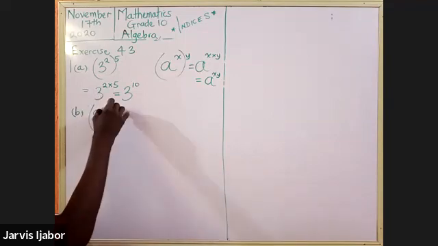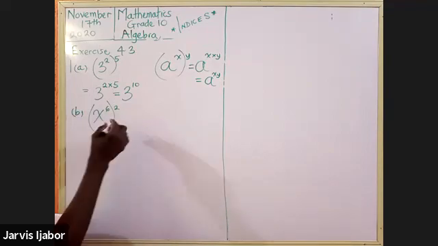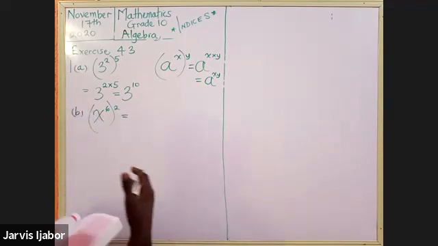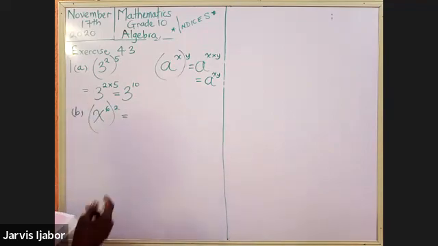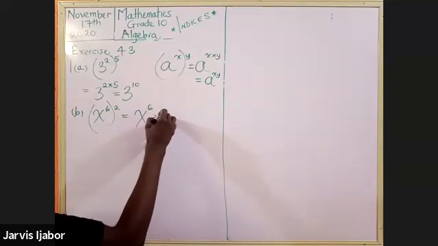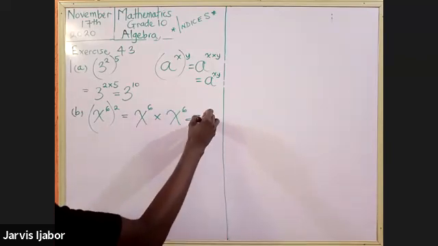We go to question B, and in question B, we are told that x raised to the power of 6, all raised to the power of 2. Now, just to help our understanding a little, let me just drop the standard a little for those who may be having an issue with coping with this. Now, this will be x raised to the power of 6, 2 times,